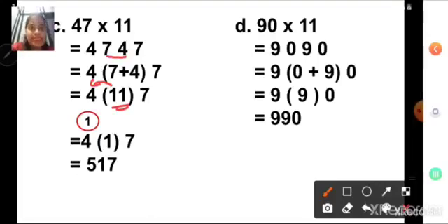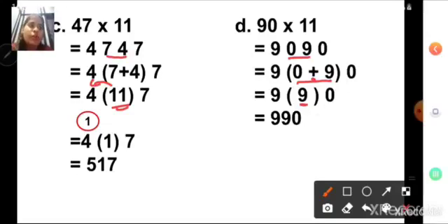The last one, the D1, 90 multiplied by 11. Okay, so again write number 90 2 times. 90 and then 90. Leave space in between while writing. Now, the middle two numbers are 0 and 9. Okay, 0 and 9. So we are going to put that in bracket and we will put here a plus sign. The rest of the numbers are written as it is. Then number 9, write it as it is. 0 plus 9 is number 9. Then 0 is written at the end.